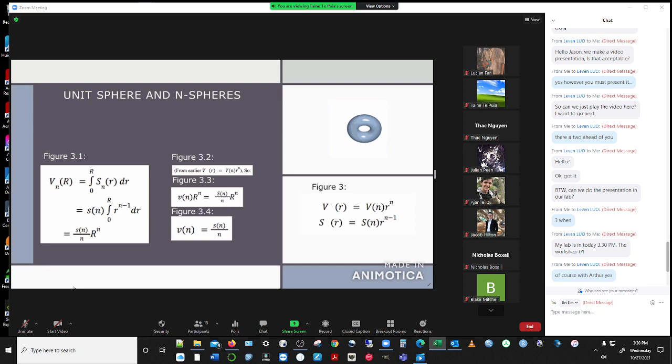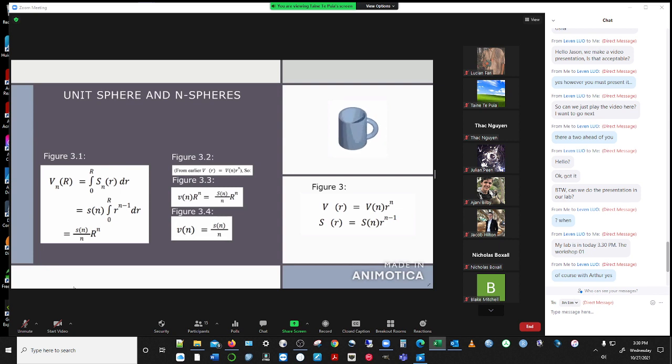N-spheres exist in topological space, and to calculate both volume and surface area for any n-sphere, it must be an n-ball. An n-ball is a space enclosed by an n-sphere and is considered closed if it includes the n-sphere, and open if it does not. Volume and surface area of an n-sphere that has radius r are proportional to the nth power of the radius. The radius is considered to be capital R since there is no unit of definitive measurement. As an equation for an n-ball,